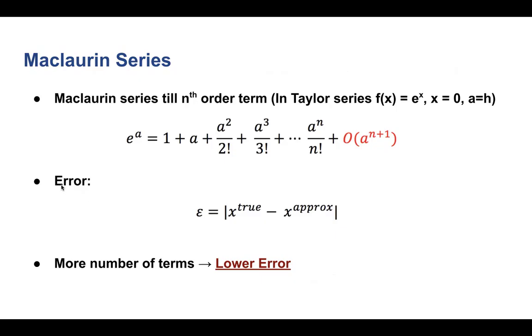So what is the error? Error is the difference between the true value and the approximate value. You always have to take a modulus because error could be a positive error or a negative error. With the term error, we are only thinking about how much deviation there is, whether it's a positive deviation or a negative deviation, we're not worried about that. So that is why we always take the modulus, or the absolute value, of the difference between the true value and the approximate value. And as I said in the Taylor series expansion, the more terms you include, the lesser will be your error,